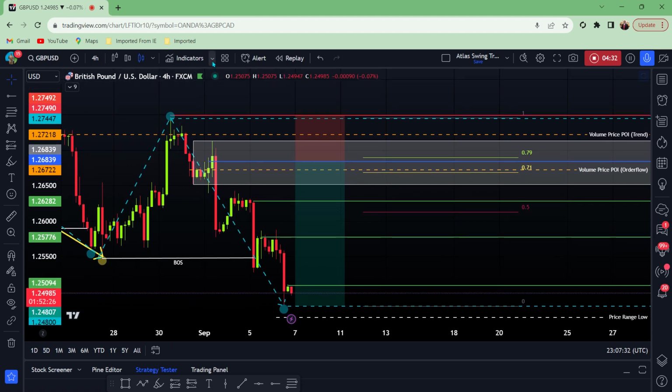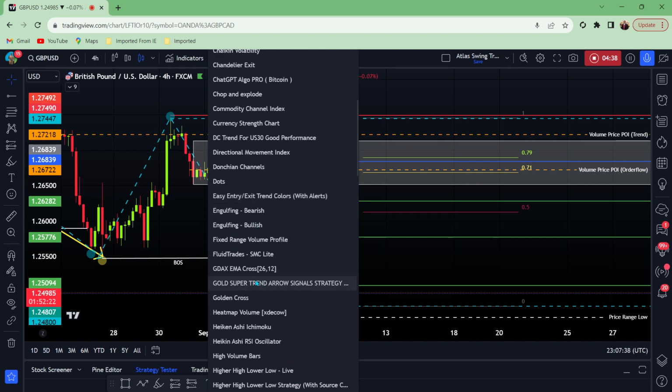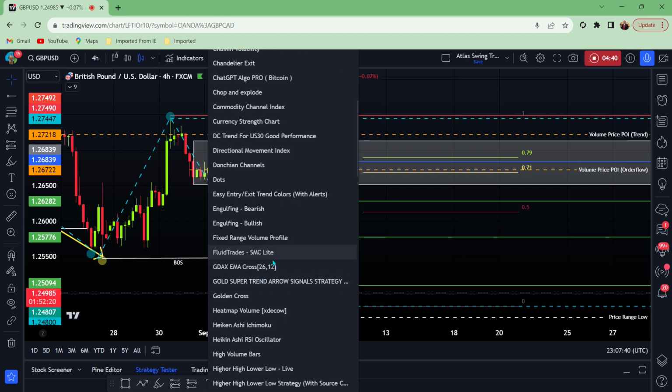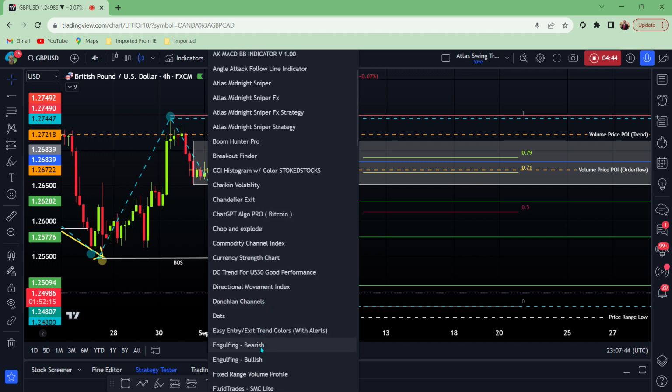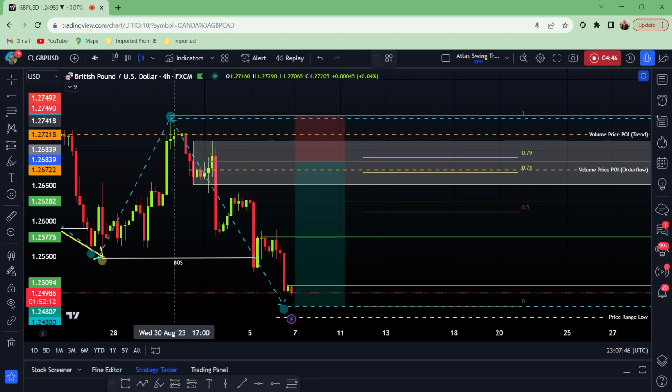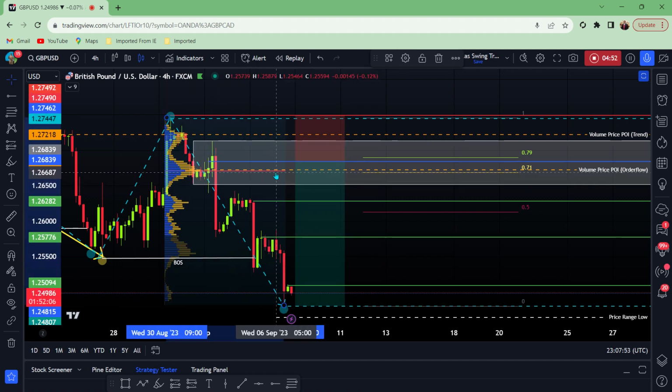What I do is I grab the volume indicator, the fixed volume indicator, and I say this is the high point and put in the low point, and it tells you exactly where most of the orders were during this price leg of the order flow. It's right here at this red line, which I turn to orange so we can identify it. So that tells me